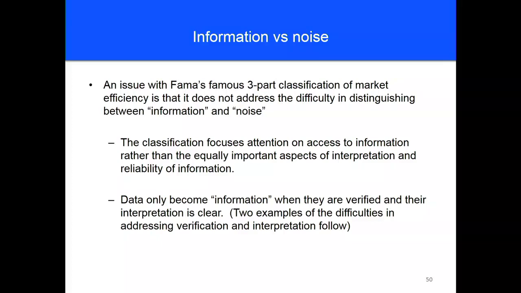Because what was released in a different source was news. When something is released in the public domain, it doesn't make it information. It's news, or it's a rumor, or it's a fact. But information is something that you can rely on that is credible. So if the firm releases this information or news, it becomes information, whereas another source doesn't. So that's why it's important for us to have audited financial statements and official releases of information by the firms, because that's when people know they can rely on it. That's what makes it informative. That's what makes it news.